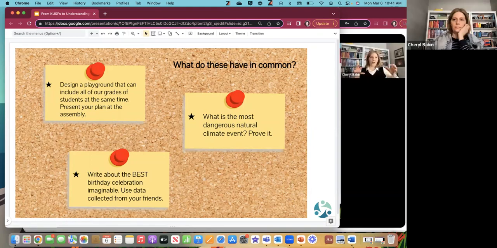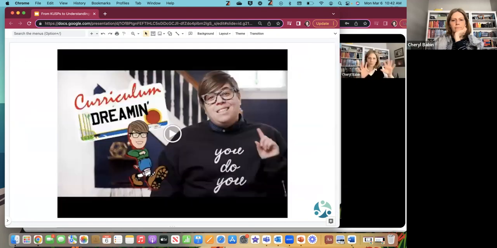All of these things are definitely meant to be engaging to students. They also, if you notice, have the opportunity to cross boundaries of discipline, so they can connect into different subject areas. And they would really activate and capitalize on different skills and competencies that we can develop in our students. So in all of these tasks, there's something in common, and I want to lean on the incredible wisdom of Dr. Shelley Moore by linking those 3 tasks into something really meaningful with Shelley Moore's video, Curriculum Dreaming.